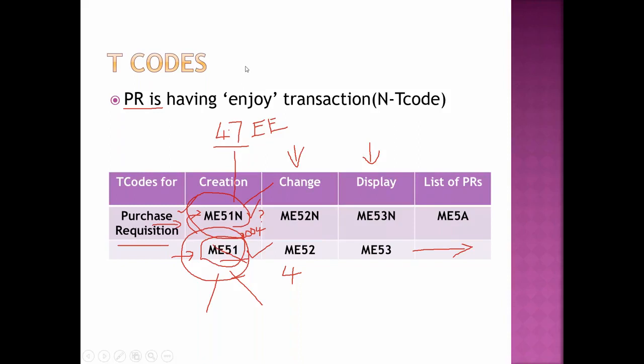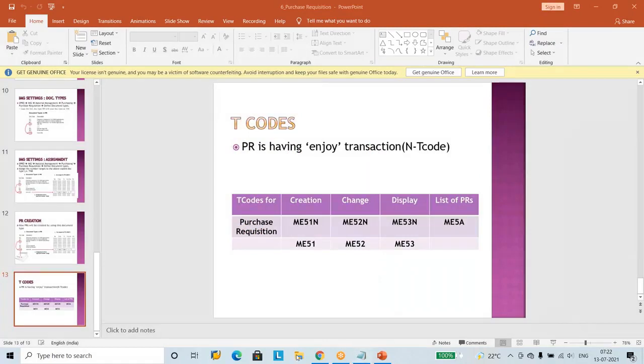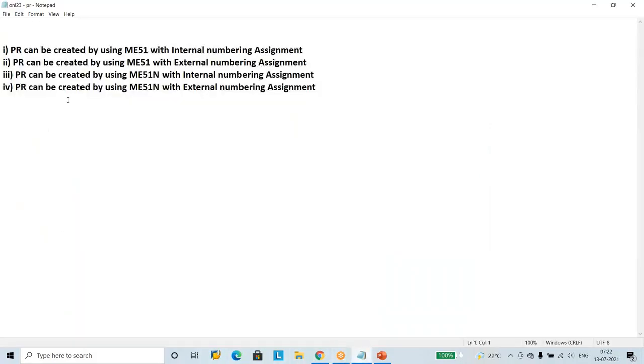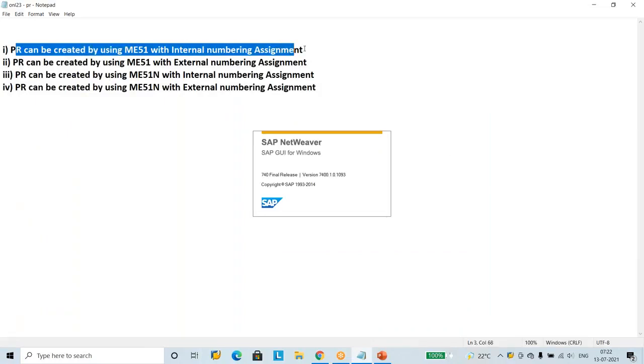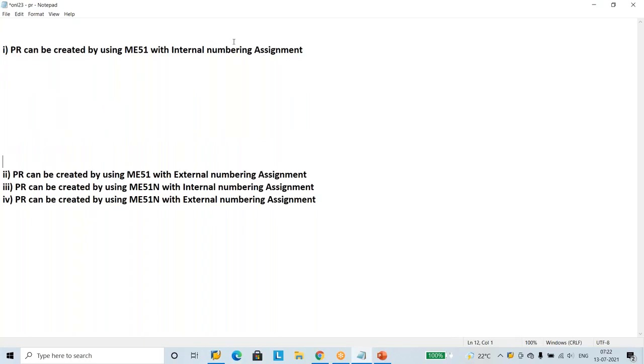So let us go to the SAP ECC first. Jump into the system. In the last class, we were talking that PR can be created in four ways. The first way we are going to try to learn today. So the T code is equal to